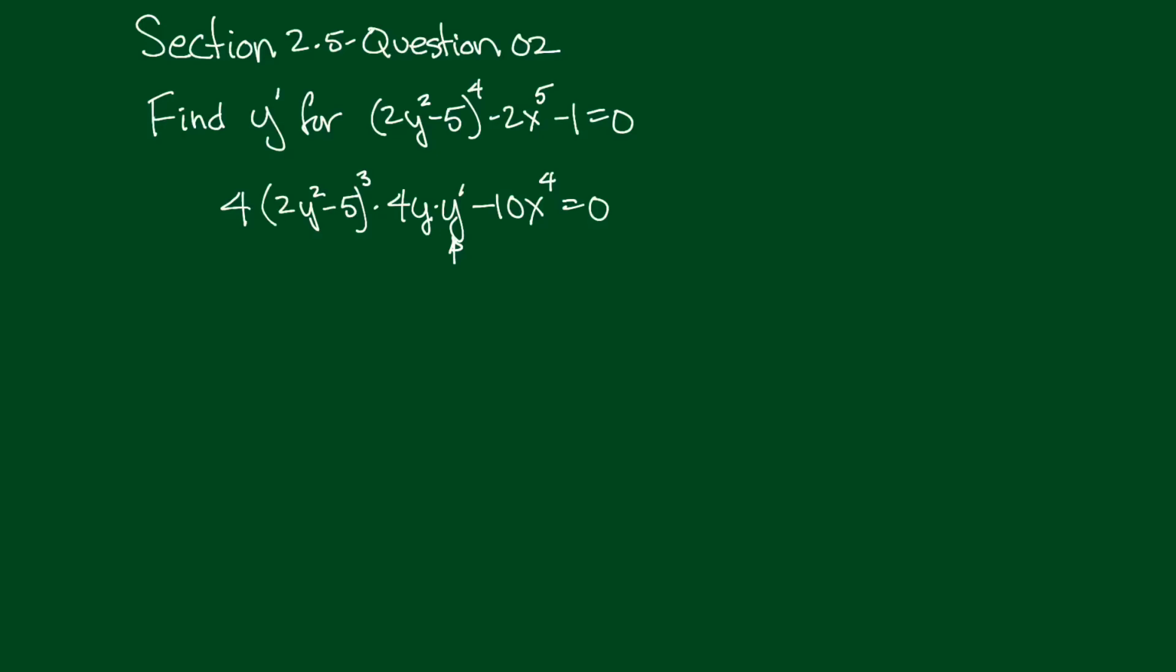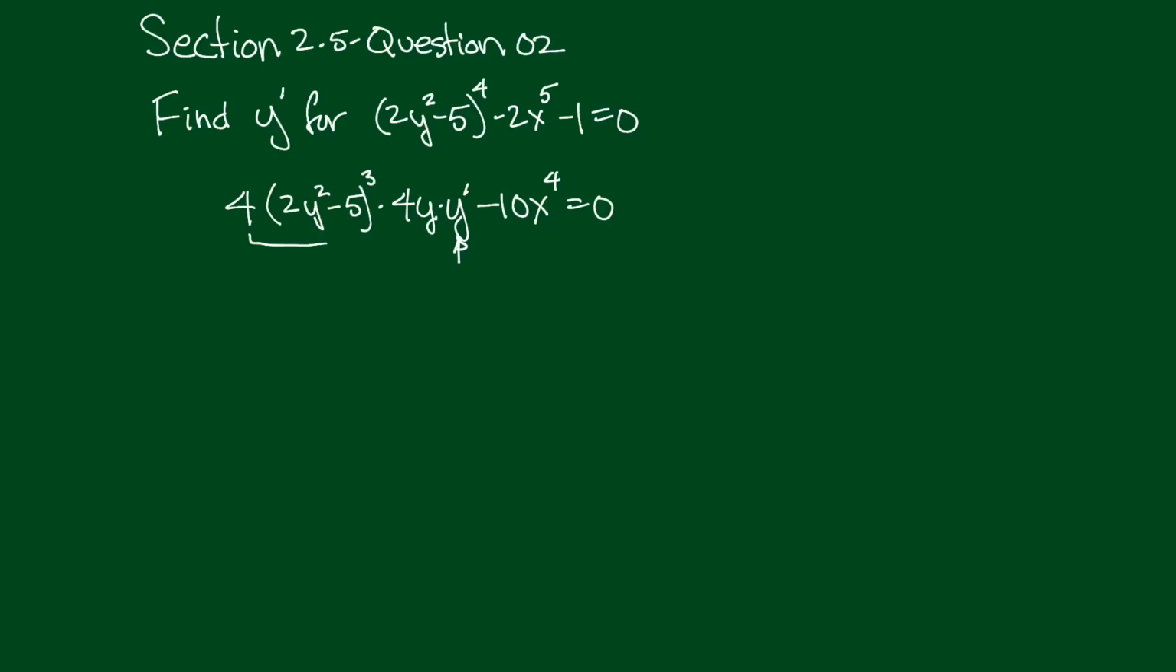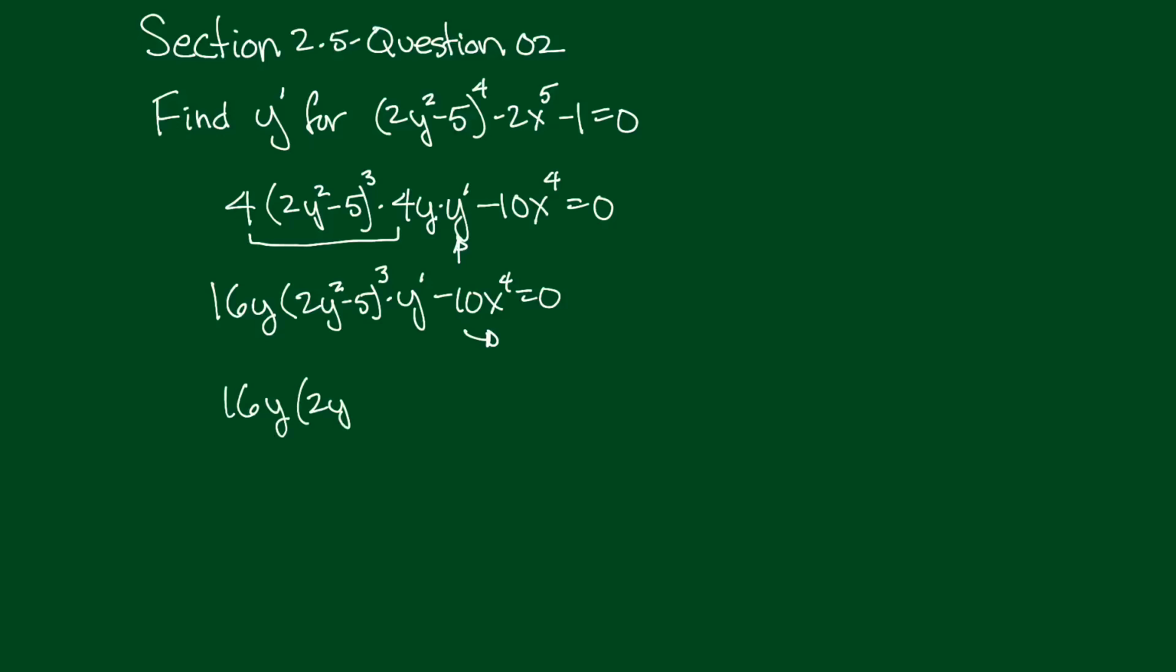So let's see what we can do. Let's clean it up a bit. First of all, the 4 times the 4y, I can write that as 16y, and then (2y squared minus 5) all cubed times y prime, minus 10x to the fourth equals 0. Now I'm going to add that to both sides, so I'm going to get 16y (2y squared minus 5) cubed times y prime equals